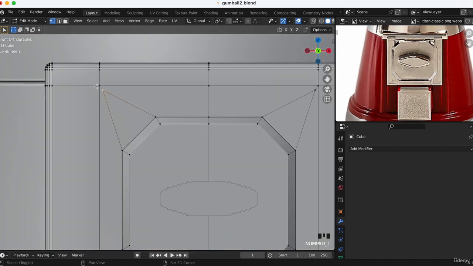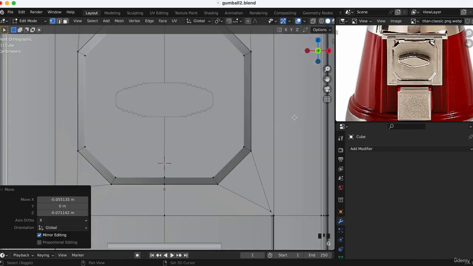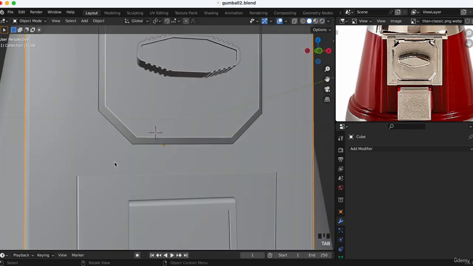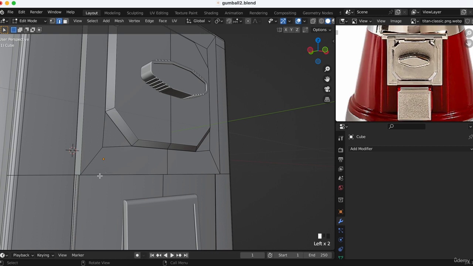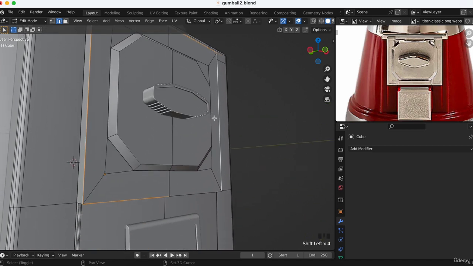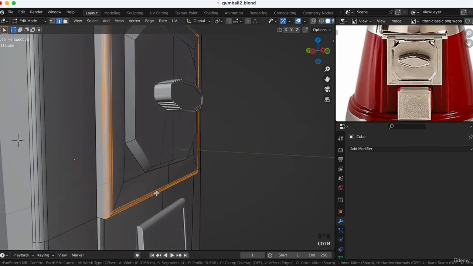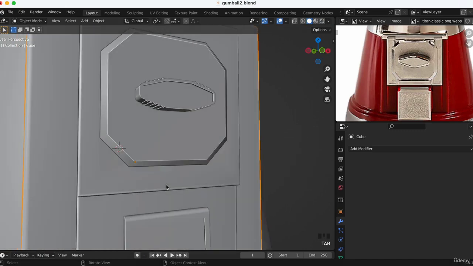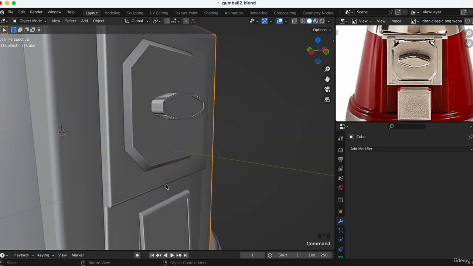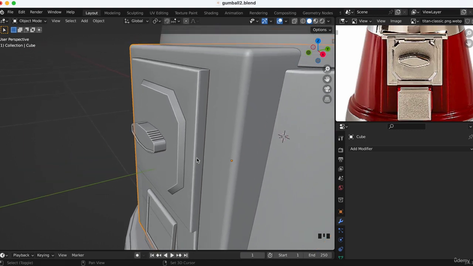We go on this, G to C, like this, and then edge select, we can try Control B. Now it is much better, like this, and there is a little shading errors, but we are going to correct